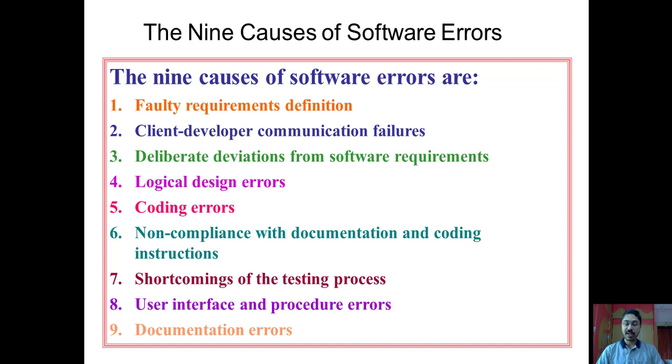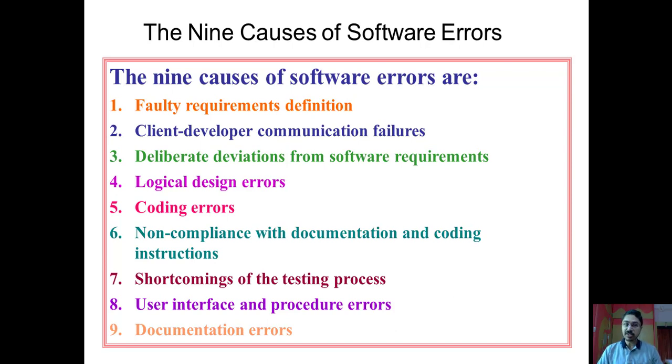In the last lecture, we have seen some of the qualities which a software engineer or software tester should possess. So, in order to become a successful software tester, you should master these qualities. In today's lecture, we are going to see different causes because of which software errors are introduced. I have enlisted 9 causes, but they are not only limited to these 9, there are many others also. So, we will go one by one.